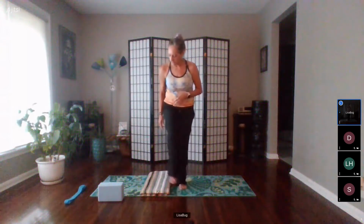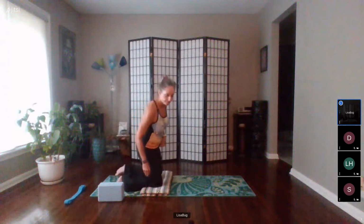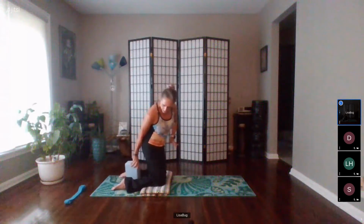So as always, be sure you're listening to your body and taking the movements that are most appropriate for you today. We'll be starting in a kneeling position on a blanket if you need a little bit of padding for your knees. If this feels uncomfortable for you, you can come down to a seated position as well. And if you have the ability to sit all the way back onto your heels, feel free to do that. I need a little bit of a lift for myself because of that old arthritis in the knees. So I'm going to sit on a block